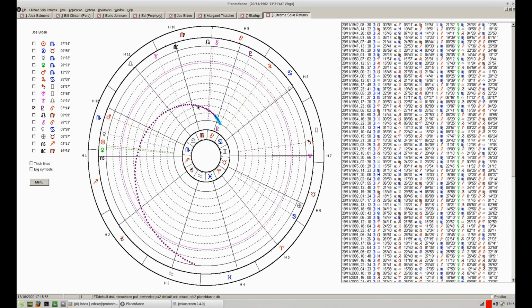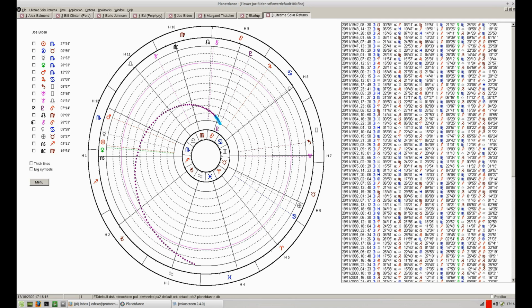The positions can be read using the bar here. Gives you a rough guide to the solar returns. This is probably 63. Biden would have been 21.